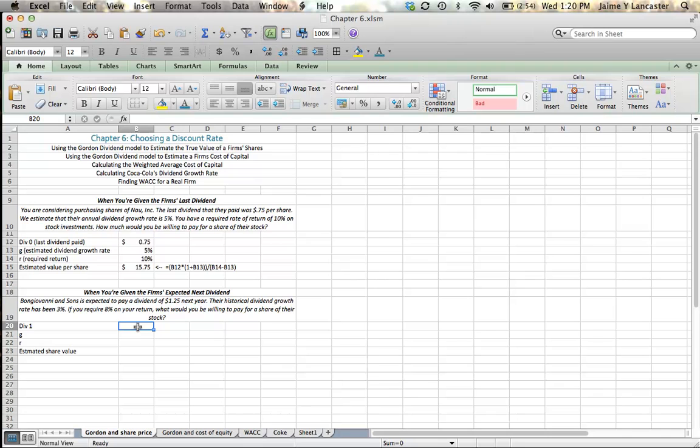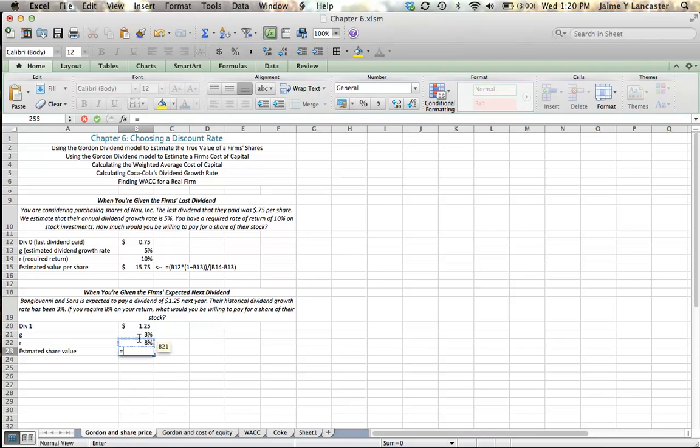So we're given dividend multiplied by 1 plus G, and that's equal to $1.25 per share. The growth rate has historically been 3%. The required return, or the cost of equity, is 8%. So our estimated share value is going to require a slightly different calculation, because